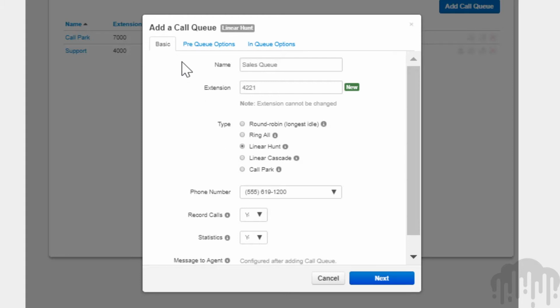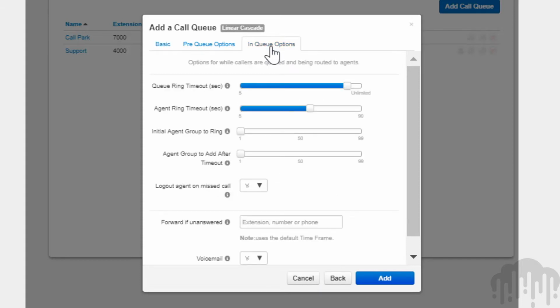Linear cascade will display Initial agents group to ring, which controls the first group of agents to ring based on their predefined order. All agents with the chosen order or lower will ring. Agent group to add after timeout adds an additional group of agents to ring when the agent ring timeout is reached. The queue will ring the first group of agents and add the agents with the chosen order or lower